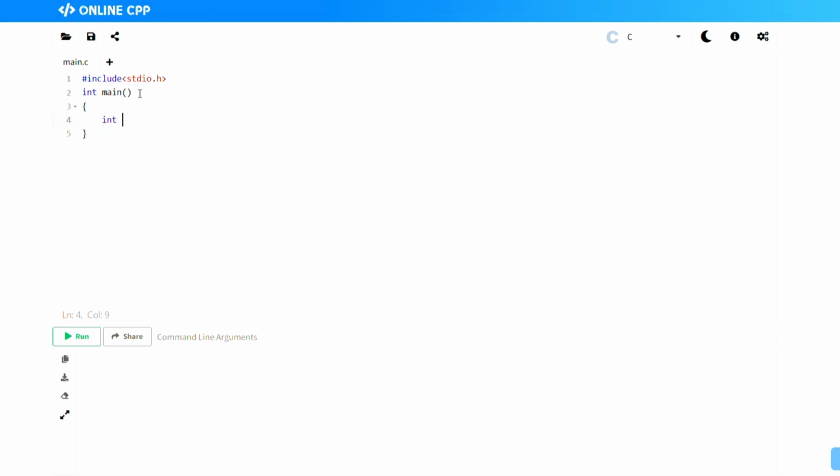Then we have int main, where we're going to declare our variables, and to store the number of terms in the array, an array called num. Then we have large, small. These are just variables, so that as we go, you'll know the usage of these variables. And then we also have i, which is going to help us in the for loop as a control variable. Now we're going to have a print statement, which is basically asking for user input for the variable n, which is the number of terms in the array.